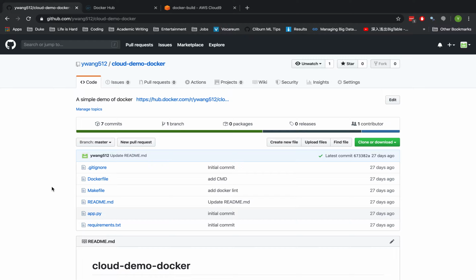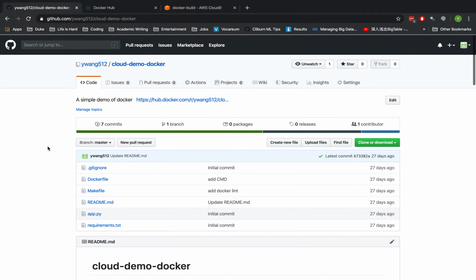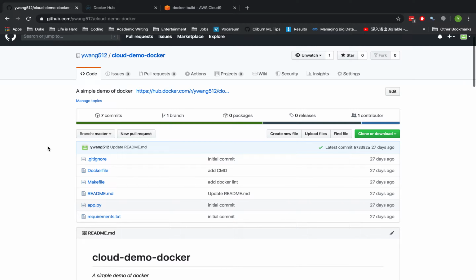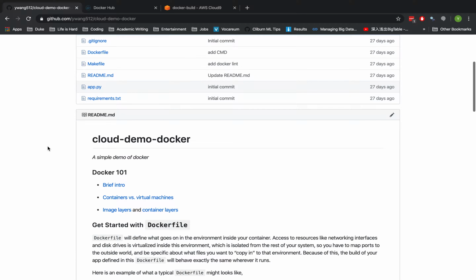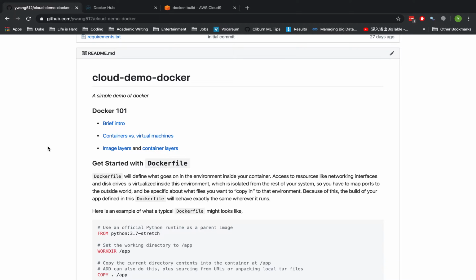Hi everyone. Today I'm going to talk about a demo I built for using Docker and Docker images. This is the repo for all the code and the README file for